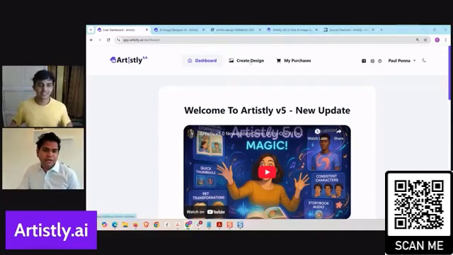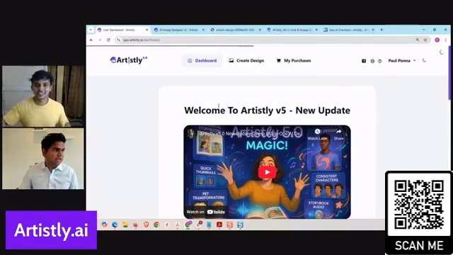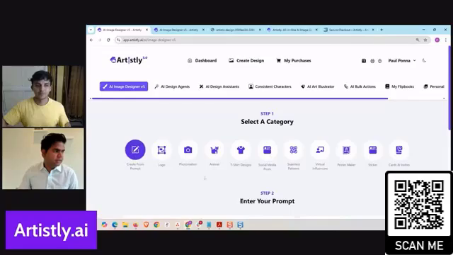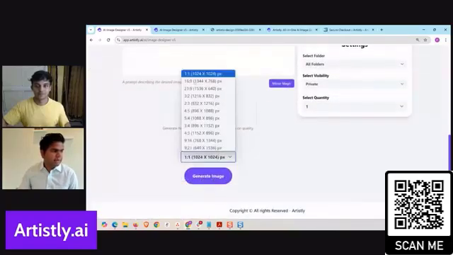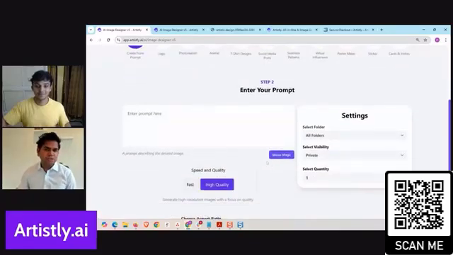And as I mentioned, even that $49 plan, one-time payment for lifetime access, you just go create designs and you can do it right from the get-go. The quality is very high, even for that. Any images that you design from here, like this create from prompt or whatever it might be, in any one of these dimensions, you can bet it's going to be the very best quality. So we did not say, okay, this is a smaller plan, so the quality of the image will be slightly lower or whatever. It's going to be high quality regardless.